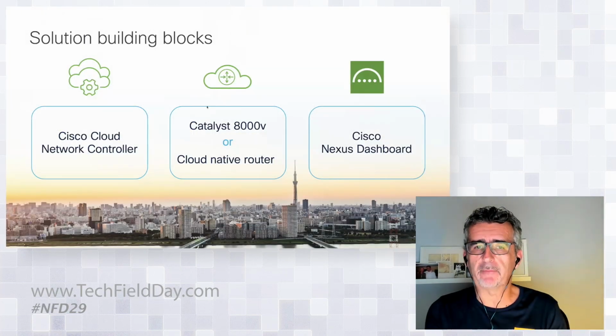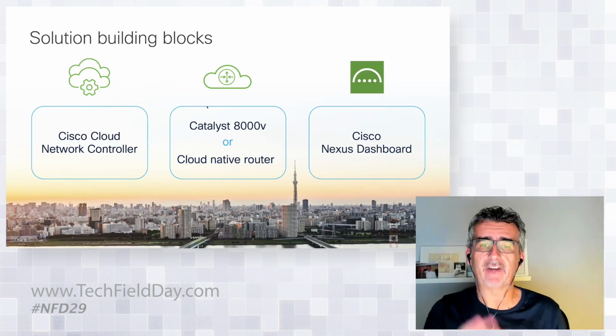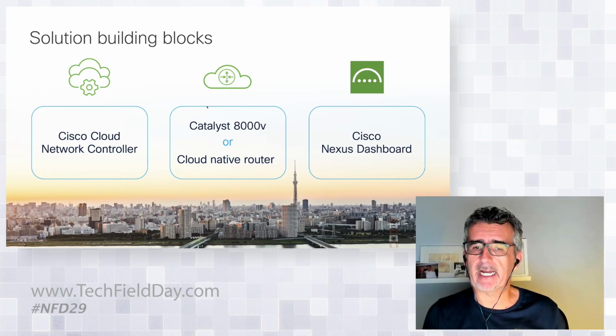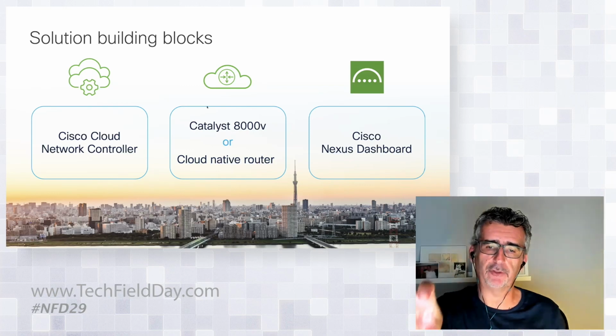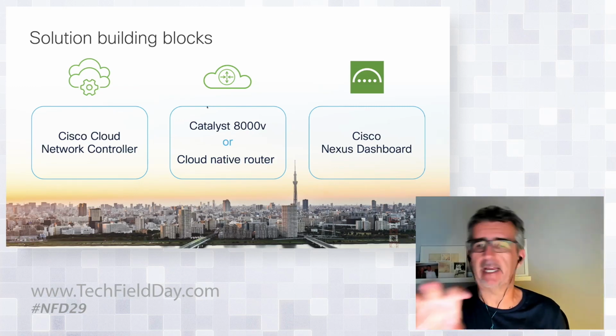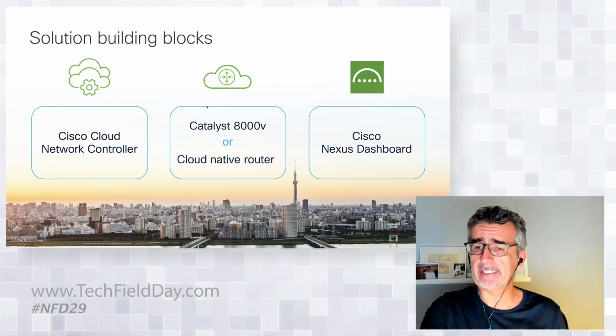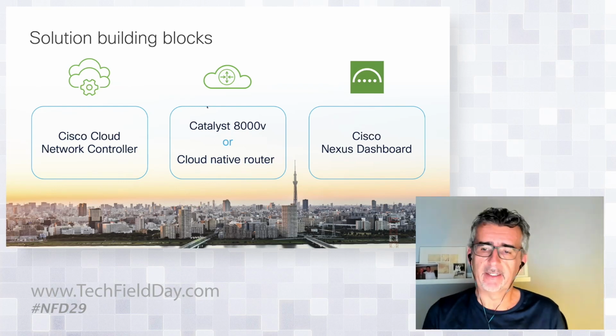So the solution building blocks for this demo are the Cisco Cloud Network Controller, which is the controller that we deploy in the public cloud that drives the provisioning or configuration in the different types of clouds. The virtual router Catalyst 8000V, which represents, if you want, the hook that we put in each cloud to allow for the extension of connectivity between that cloud and another cloud, or that cloud and on-prem, when we talk about the hybrid cloud solution. And third, last but not least, the Cisco Nexus Dashboard, which is the Cisco compute platform